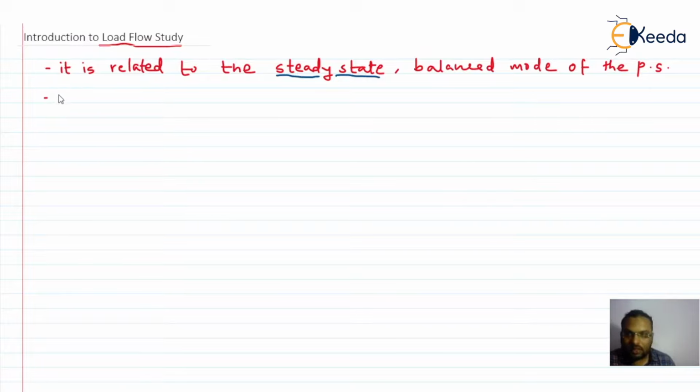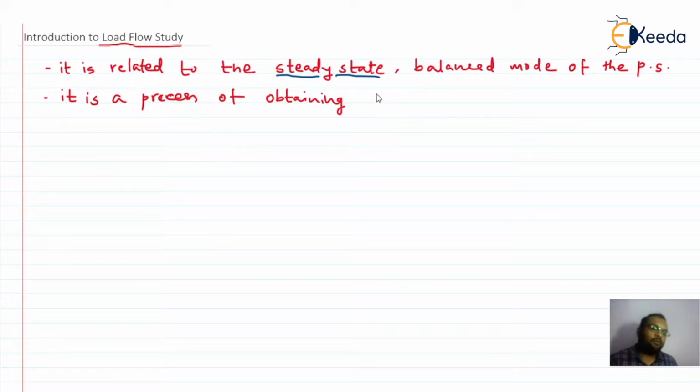Basically, it is a process of obtaining four important quantities at the various points in the power system, and of course that power system is operating at steady state condition, and those important quantities are